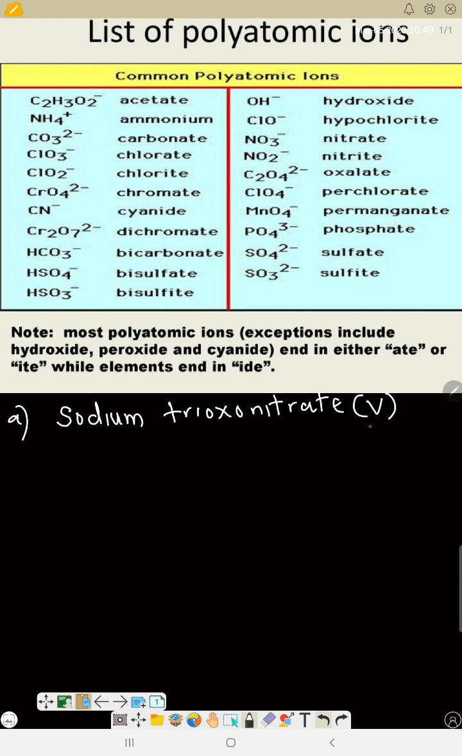So sodium trioxonitrate 5. First, we know the symbol for sodium is Na. But now what of trioxonitrate 5? Now all these ones are the polyatomic ions. So now trioxonitrate 5 is the same thing as nitrate in short, and that is NO3 minus. Please be jotting down this point so I'll write it down. So now NO3 minus is nitrate